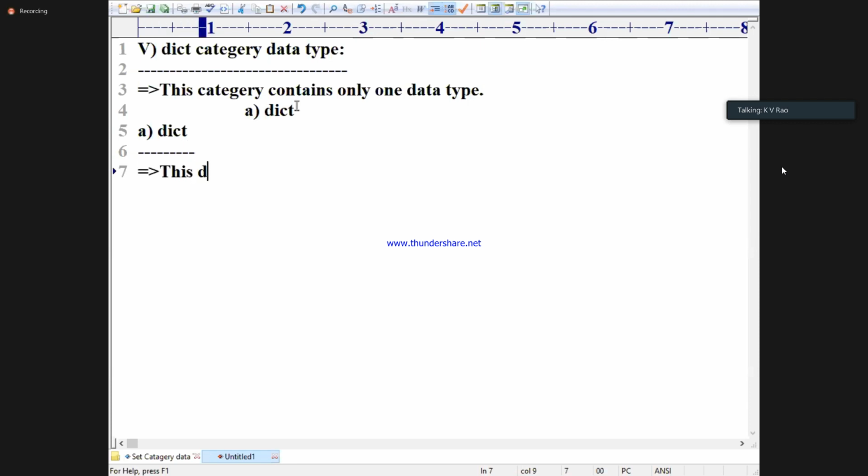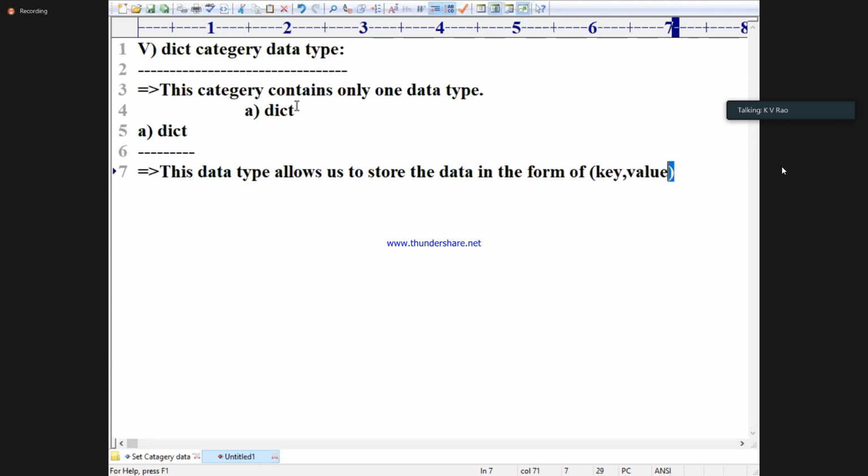This data type allows us to store the data in the form of key comma value pair. See how I wrote the key comma value pair?